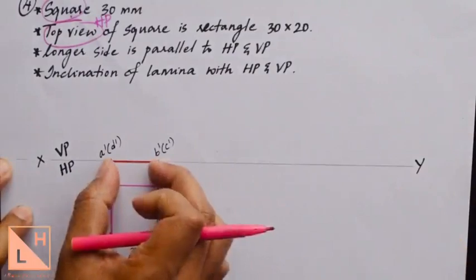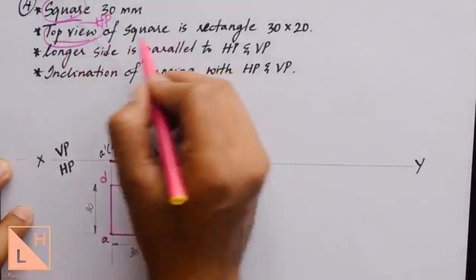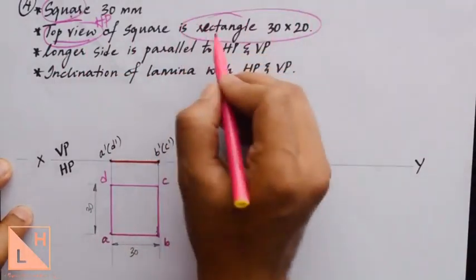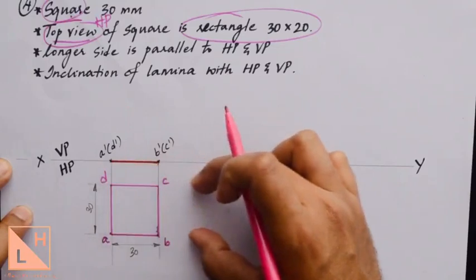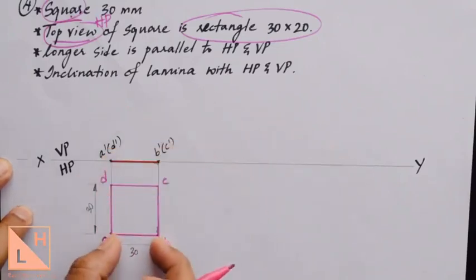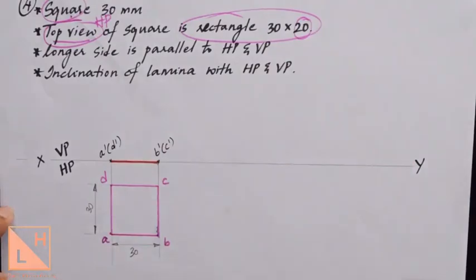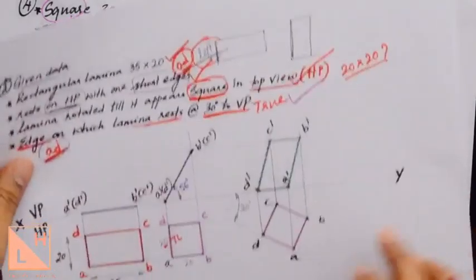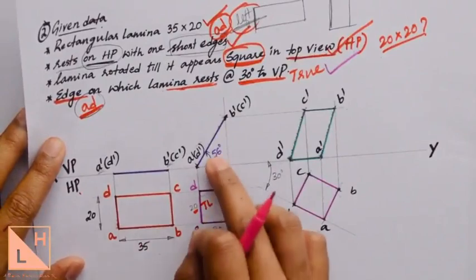For what angle you have to incline this, it is not given. Instead, it says that the top view is going to look like a rectangle of 30 by 20 millimeters. So this 30 millimeters vertical will remain as it is, and when we are inclining this front view, this 30 millimeters will go on reducing. Till where this should be reduced is, it should become a dimension of 20 millimeters. This is quite similar to the previous problem what we did, where the rectangle was looking like a square and we found out the angle.